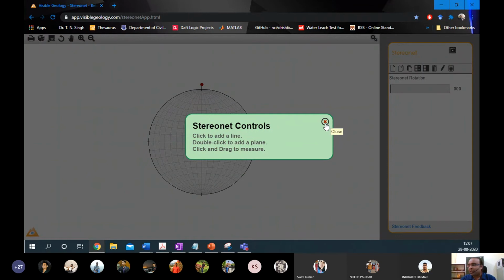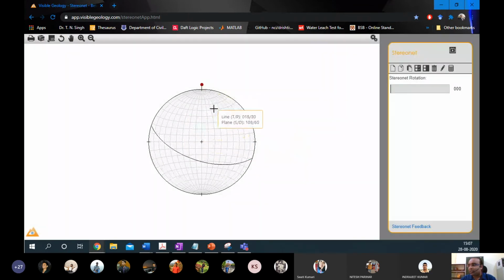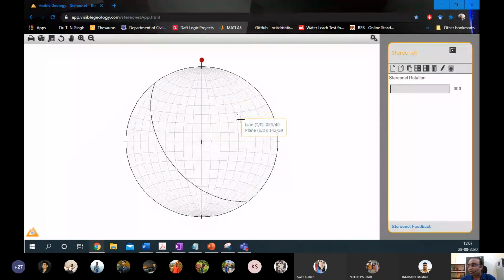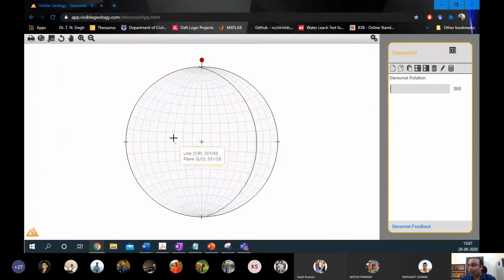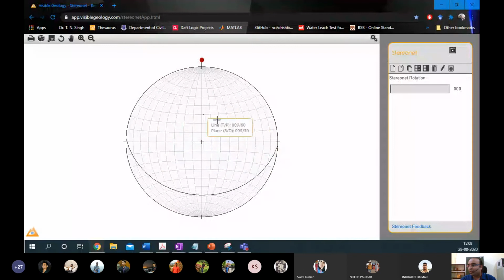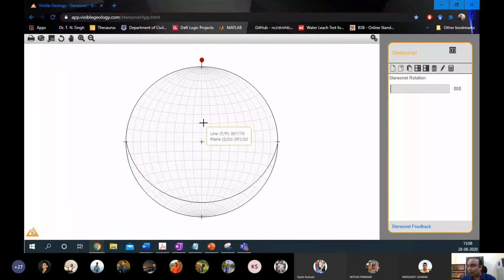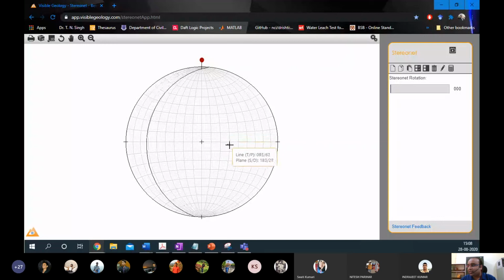So let's try this. We have this stereo net, and if you hover your cursor over the stereo net, you will see the location of the line and the plane being represented on that stereo net, right? By single click we can make a line, by double click make a plane.